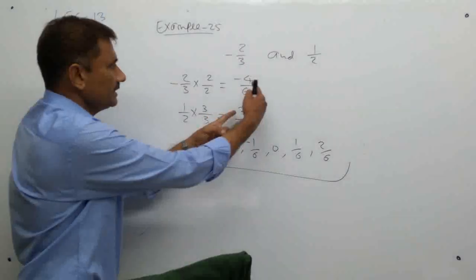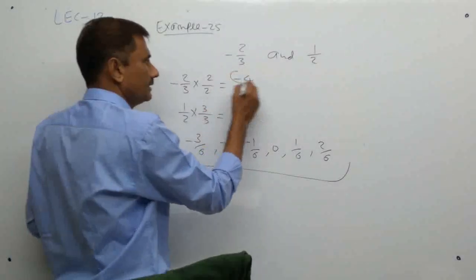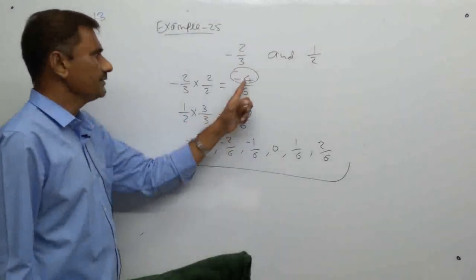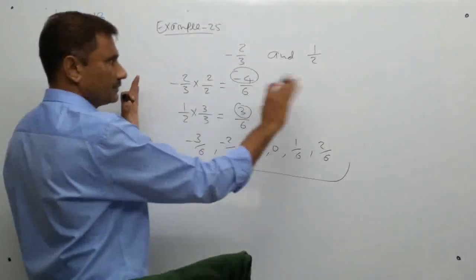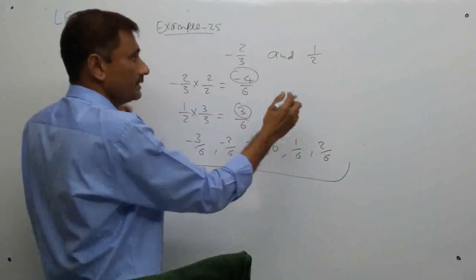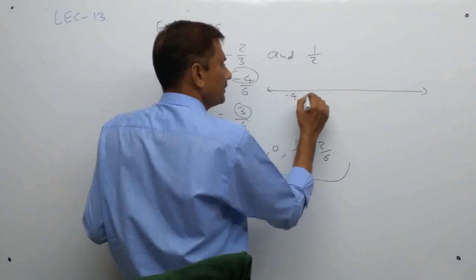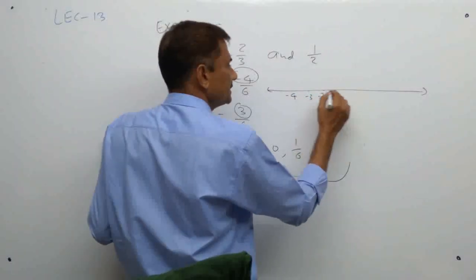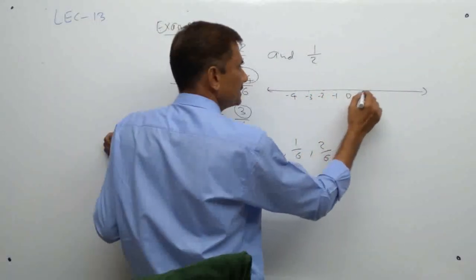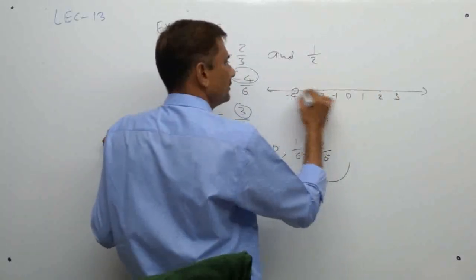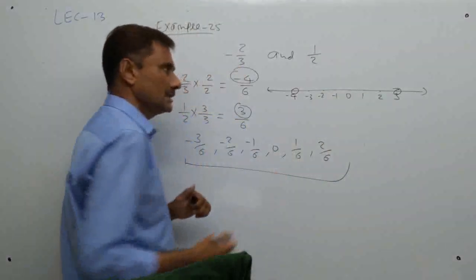Okay, then between, now look at the numerator only. Here is minus 4, here is 3. So in between are the numbers minus 3 to, you know, on the number line. I am not denoting it here. Otherwise, if you want it this way, minus 4, then in between minus 3 will be there, minus 2 is there, minus 1 is there, 0 is there, 1 is there, and 2 is there, and 3 is here. So in between these two numbers, so many numbers are there.